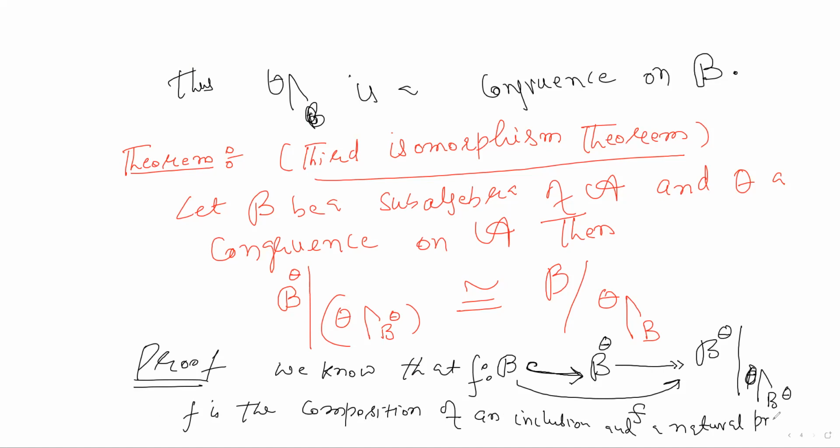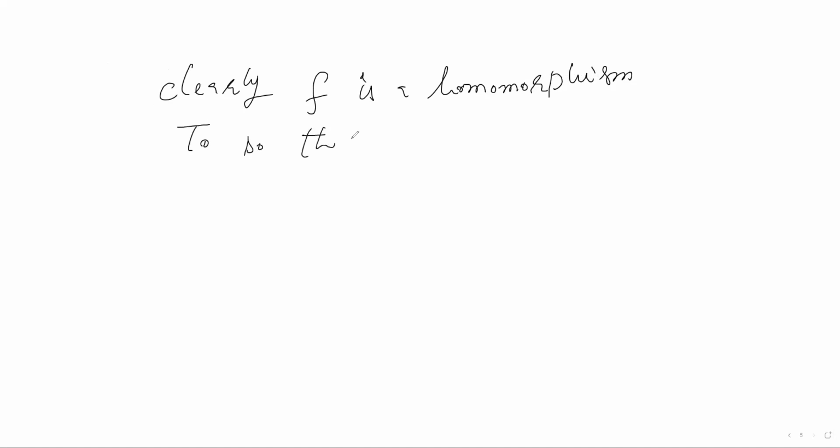Now F is a homomorphism because inclusion is always a homomorphism, and natural projection we know is a homomorphism. Clearly F is a homomorphism. Now F is also surjective. Now to see that F is surjective,